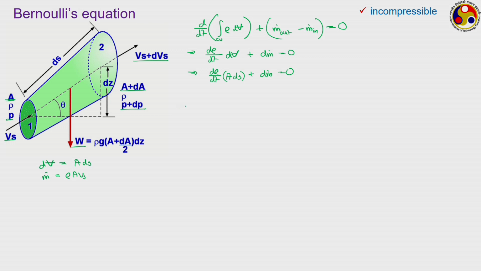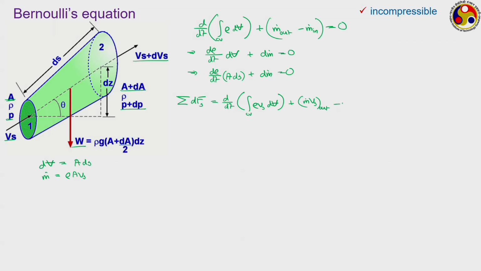Now, we write the momentum conservation equation. As per the momentum conservation equation, the summation of all the forces in the streamwise direction, you have to remember that momentum is a vector. So, you have to specify the direction, and we are writing it here along the streamwise direction, should be equal to d/dt of the rate of change of momentum, which is rho into Vs into dV, plus